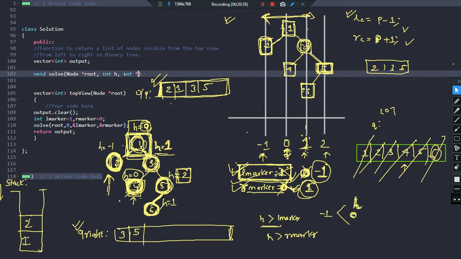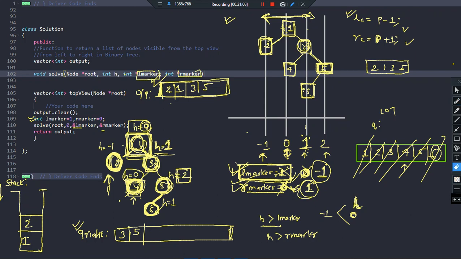So integer star L marker, comma integer star R marker. Got the point? So you can clearly see I am just declaring two pointers, left marker, right marker, which will store the address of the left marker and right marker variables declared inside the top view function, right? The variables that you declared at this point, their address I have passed, and these are pointers to that address. So all the updates will be taken directly at this particular address.